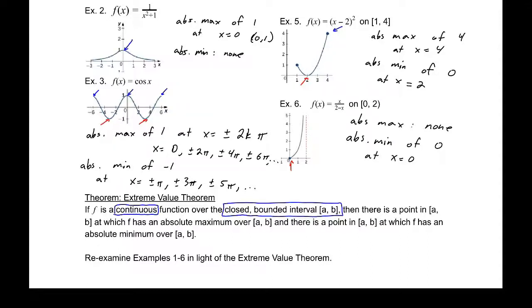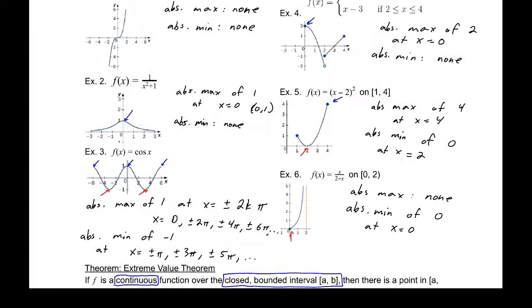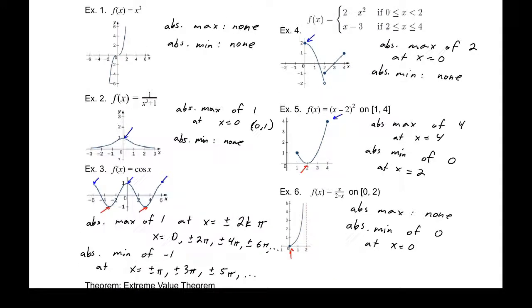It just means we can't guarantee that there is one. All right. Well, number 3 is continuous, but not over a closed bounded interval. And again, we do see that there are minimums and maximums, but we can't guarantee that. Number 4, that is not a continuous function, so we can't guarantee minimums and maximums, but there happens to be